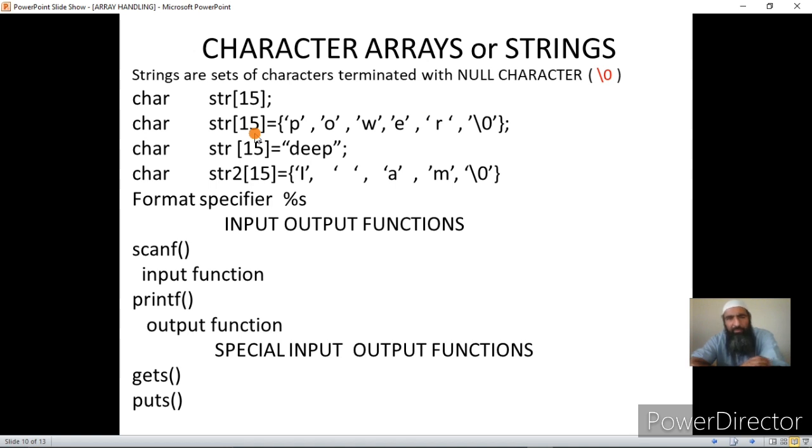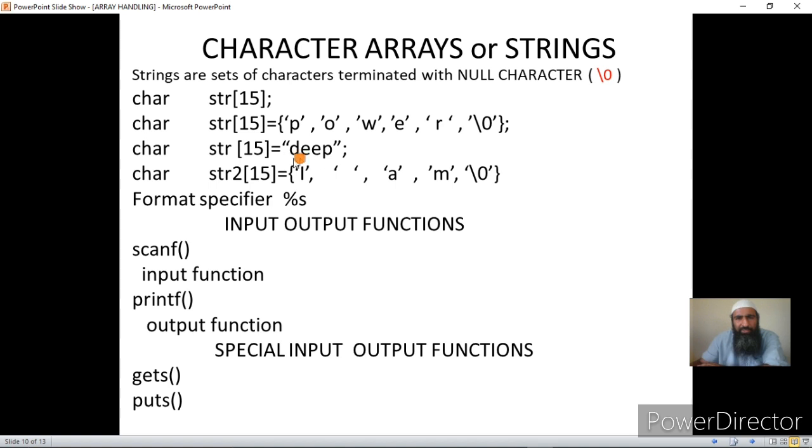If it stores characters in all the elements, the 15th character should be \0. In case it is lesser than that, then the \0 should be placed at the point where your string ends.